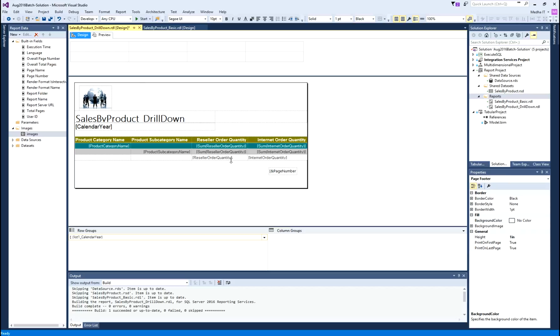Now here I want to say it's a page number. So I want to add a text here. To add a text, I will right click, insert, and there are multiple options: text box, line, rectangle, image. For now I want to use a text box because I want to type in something. So I will place the text box there and I will type page.